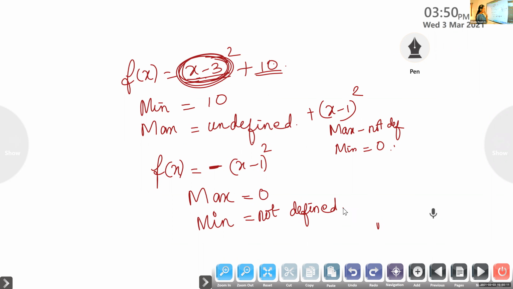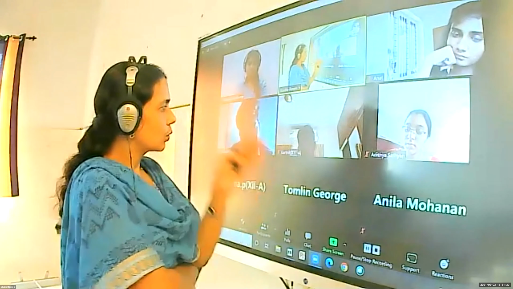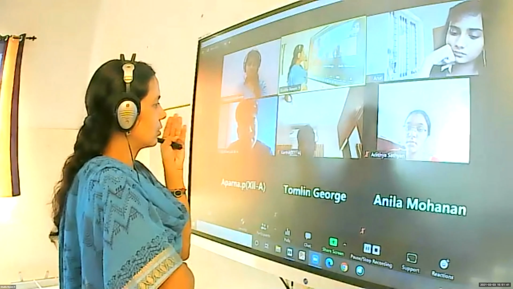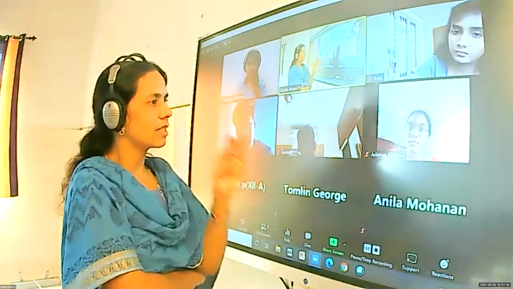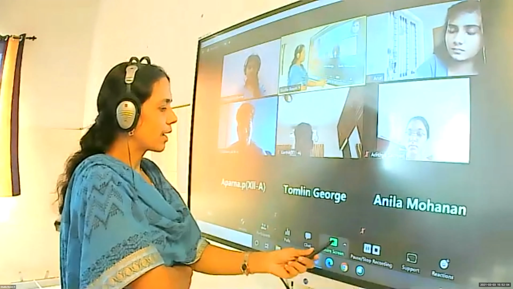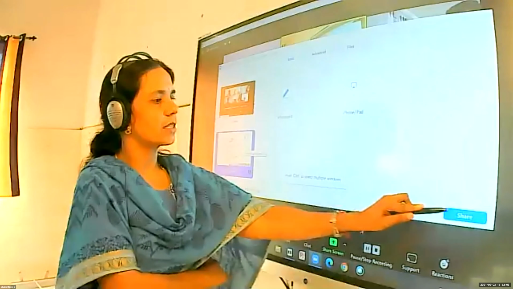See, what is being taught today? Do those same questions again and again. Today we are learning how to find increasing or decreasing, maxima, minima. Do it again 2 or 3 times and make it thorough with the method and how to differentiate. Now we are going to learn how to find maxima and minima using derivatives.